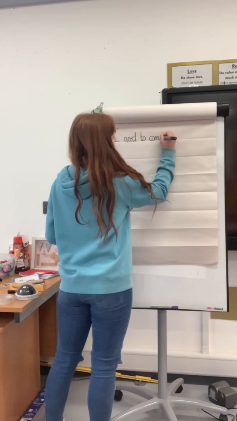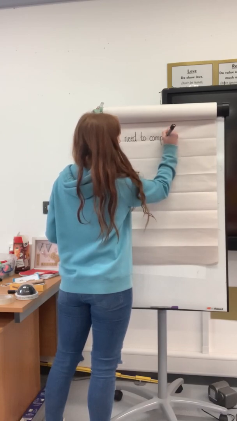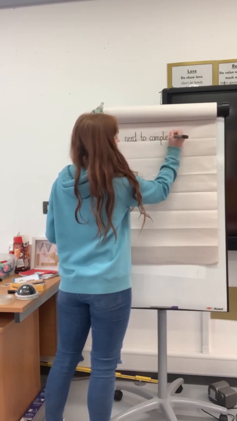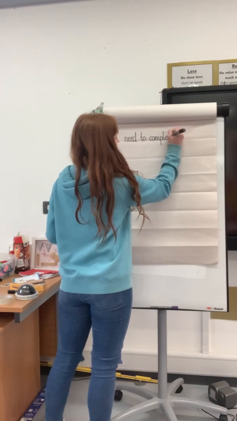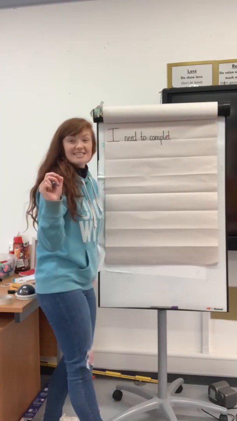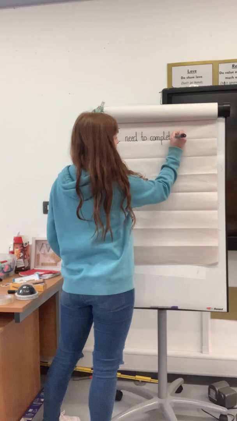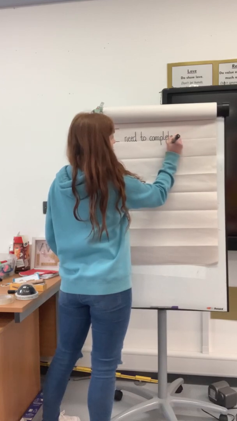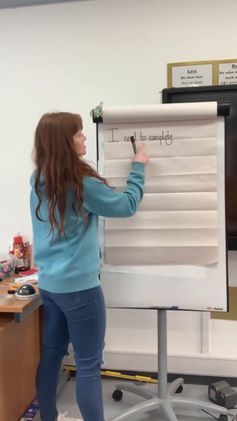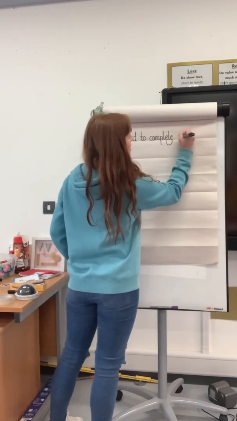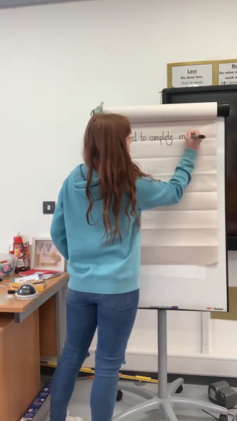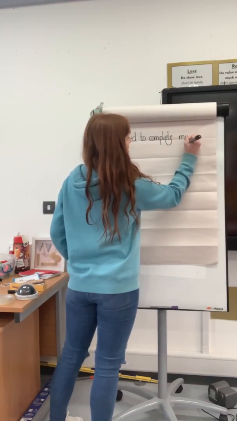So P. Ooh. That's split digraph E from today, so we need to have one E, put the last sound T in between and have the E on the end. I need to complete my, that was another one of our common exception words today, that Y making an I sound,